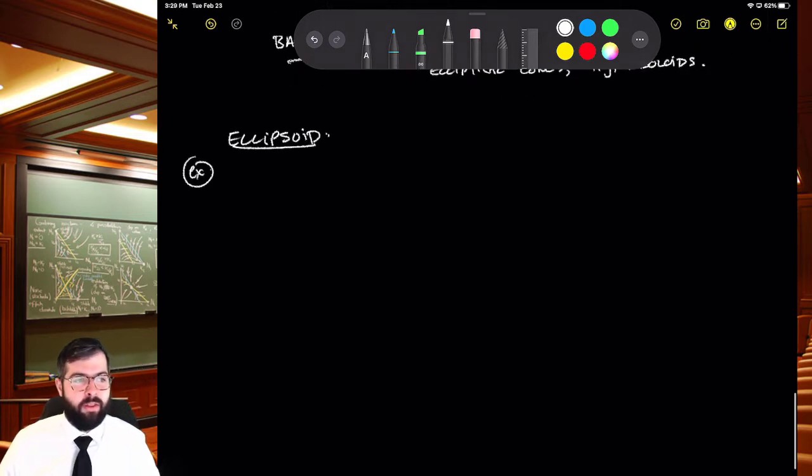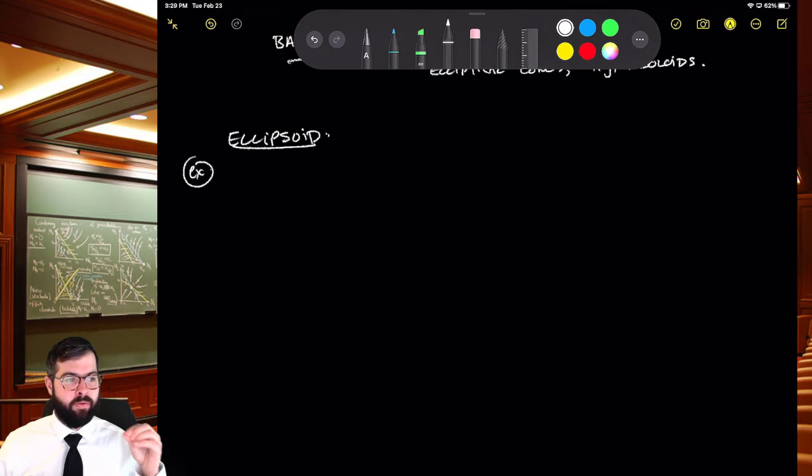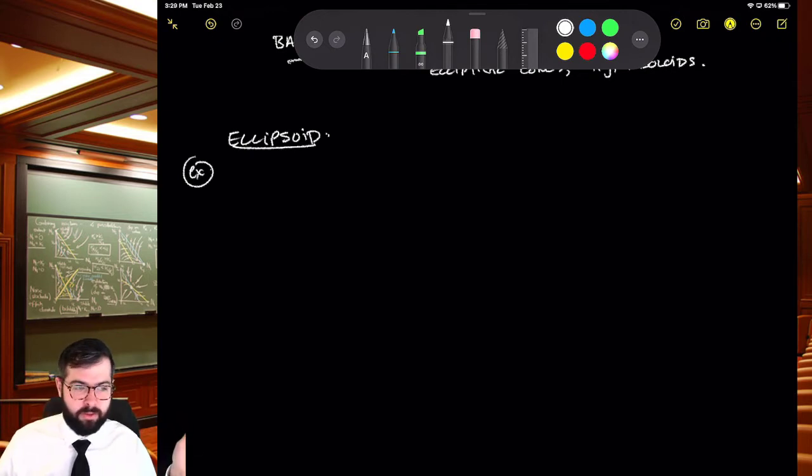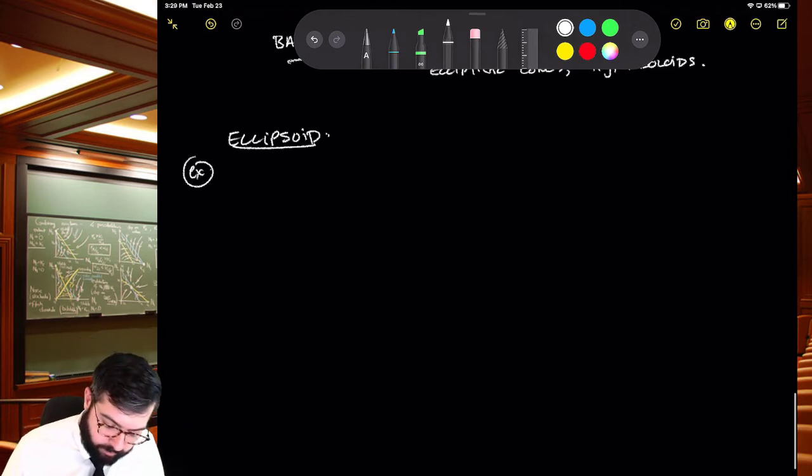Because I think thinking about them from the traces first, instead of trying to memorize the forms for these things, is a much better way to go. So let's visualize through traces